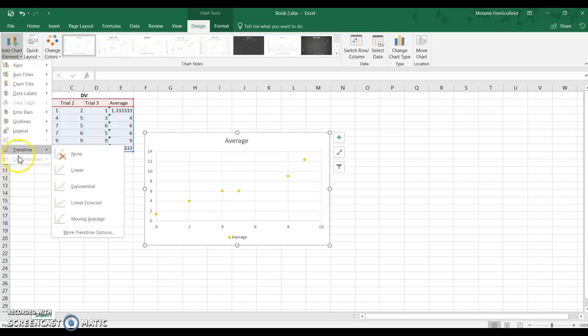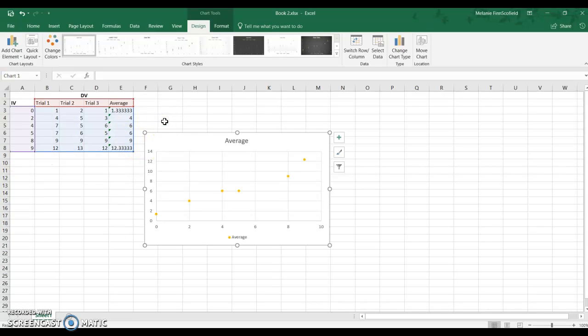And I say again, on different versions of Excel, the buttons look different, but that's the basic idea. So I would encourage you to just kind of poke around and make it work. I will also say that this does not work in Excel online. You have to do this in Excel